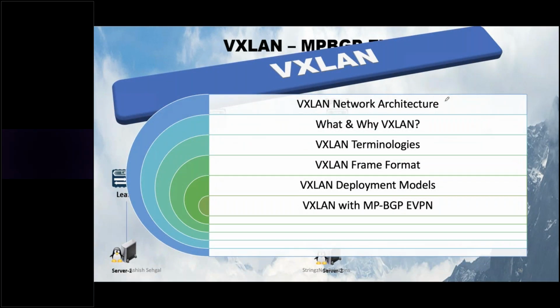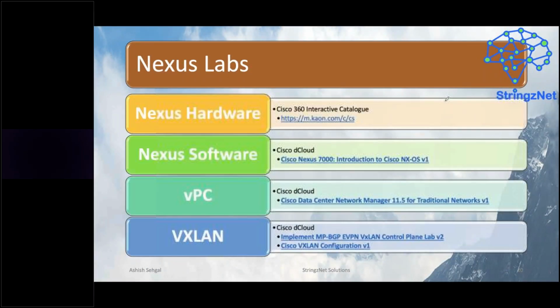This is called VXLAN. As I said, we are going to do 2 labs on VXLAN. The name of the very first lab is going to be Implement MPBGP EVPN VXLAN Control Plane, and the second lab is Cisco VXLAN Configuration. In this particular lab, we will incorporate our VPC knowledge as well. VPC lab, indeed, we are going to do. For the purpose of the VPC lab, Cisco has provided us a tool called DCNM, which is a